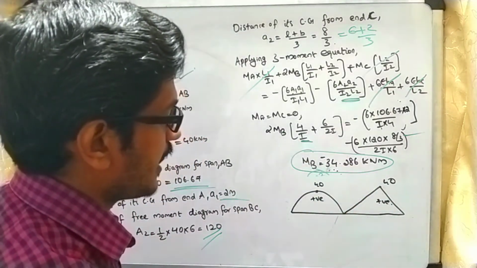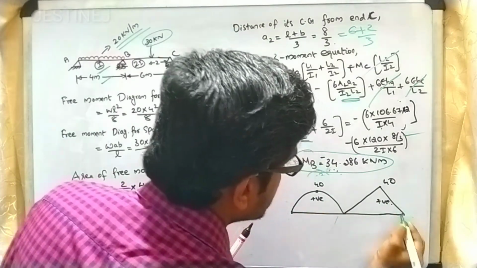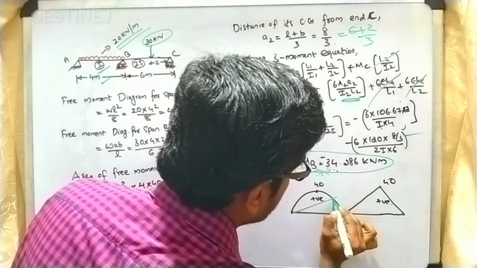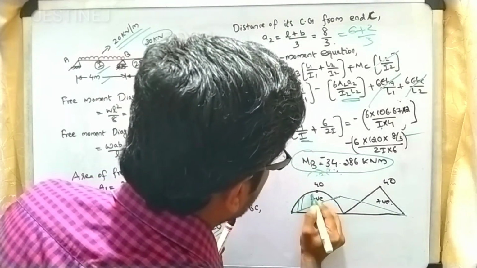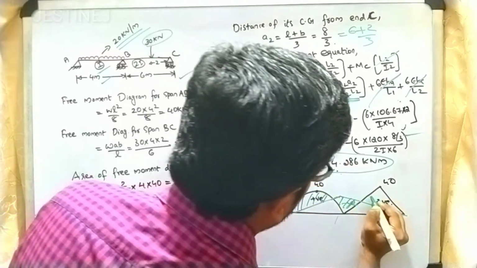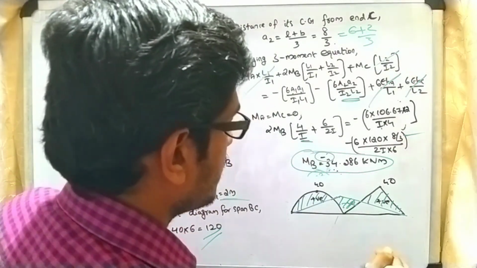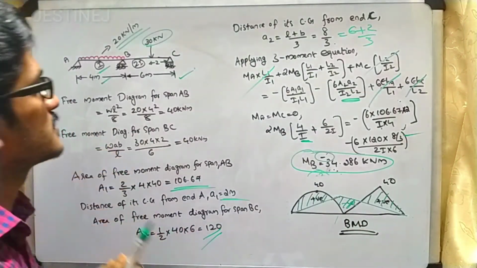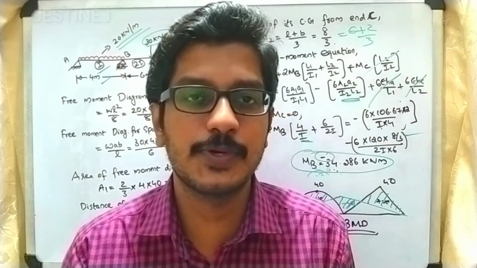So the MA value is 0, so you can start from here, and the MC value is also 0. And this 34 will be below this 40, so it will be somewhere here. Draw again here, and after that you have to shade those regions. This is negative since the value is negative. Here also you have to shade the region. So this is the bending moment diagram for this particular question, and you can easily score marks for this type of question. I hope the section is clear. With this we'll wind up today's section. Thank you.